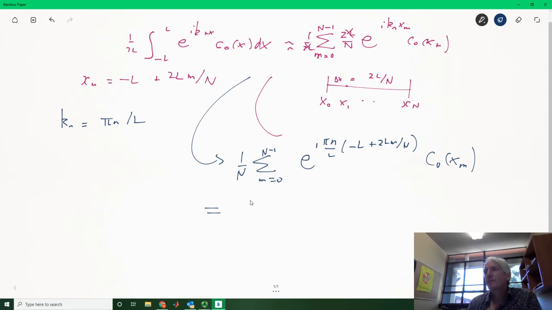And then I can simplify this. So I get e to the i pi times n